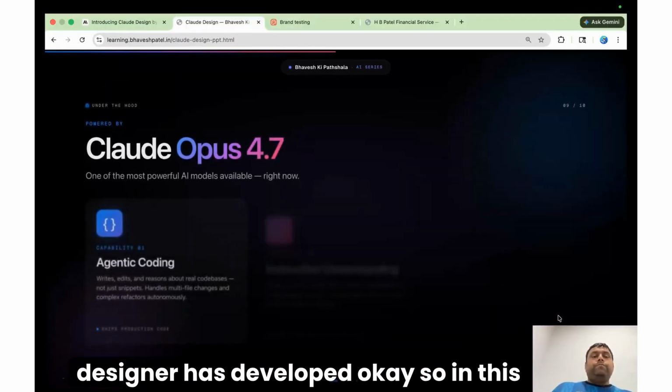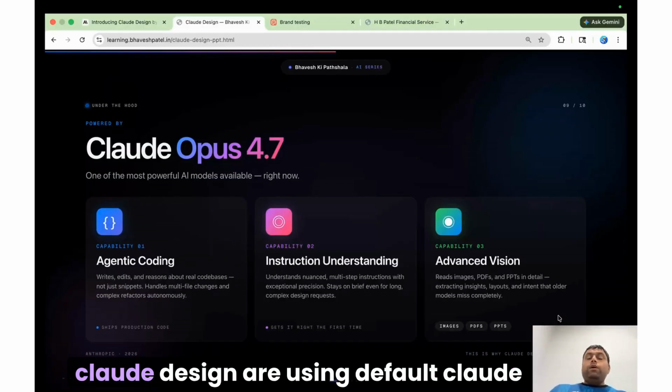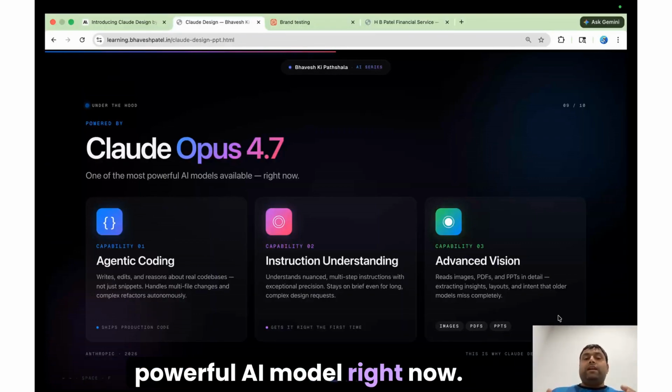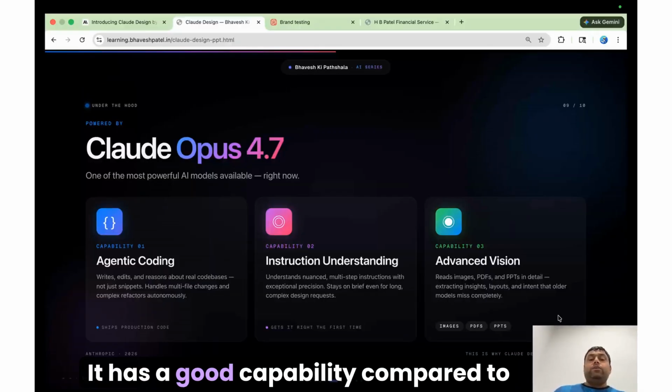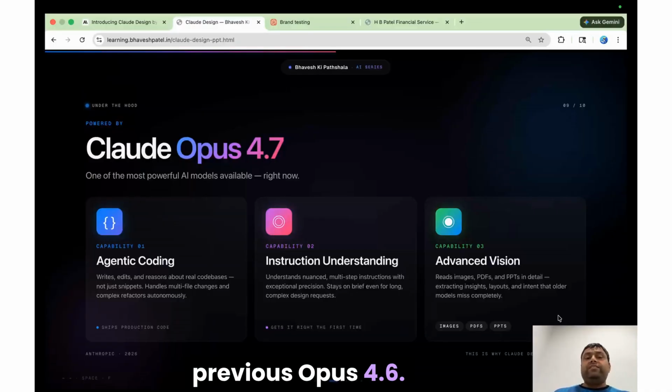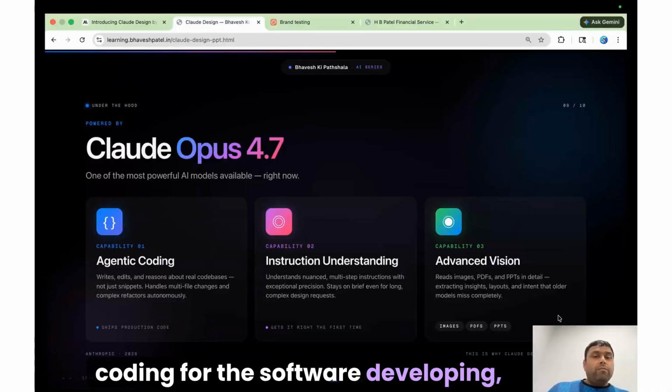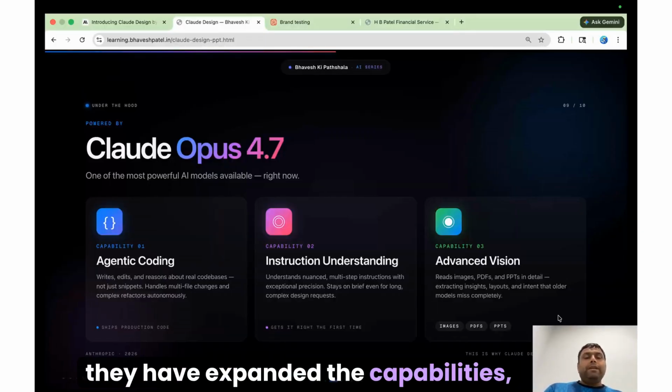In Claude Design, the default model is Claude Opus 4.7, which is a very powerful AI model right now. It has better capability compared to the previous Opus 4.6. For agentic coding and software development, they have expanded the capabilities.